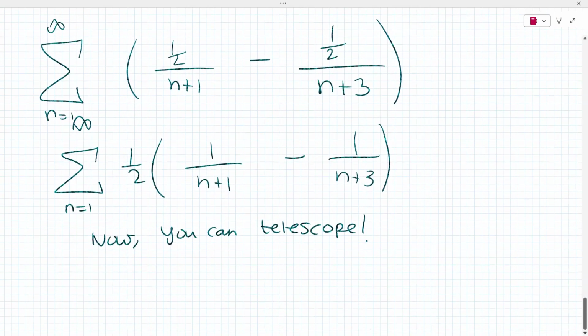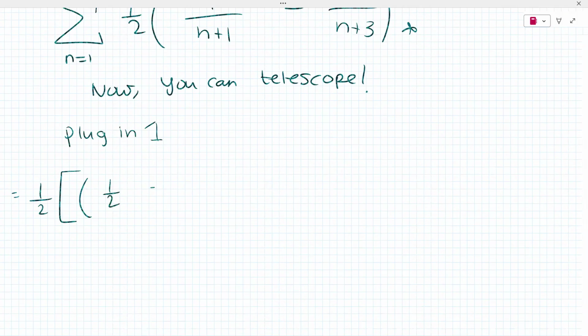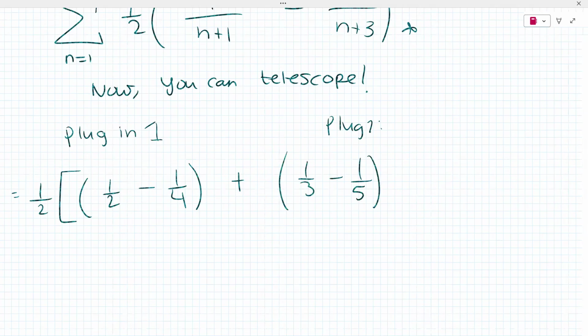So that's exactly what we're going to do here. What we'll do is plug in 1 back into here. So you're going to get 1/2 minus 1/4. And then if you plug in 2, you get 1/3 minus 1/5. And then when you plug in 3,